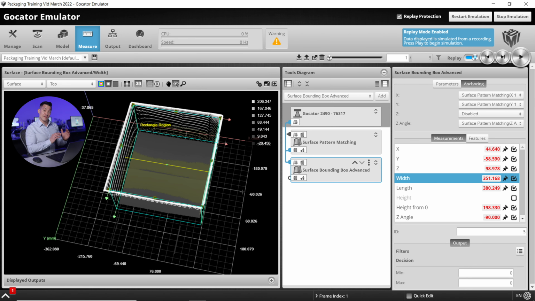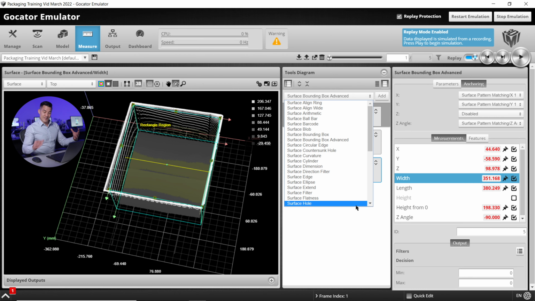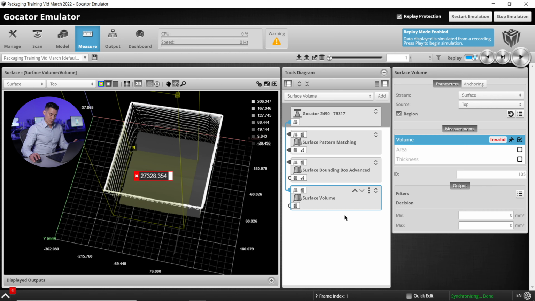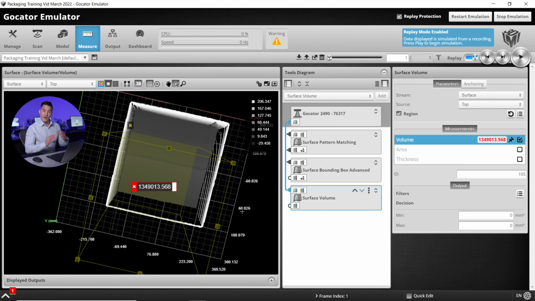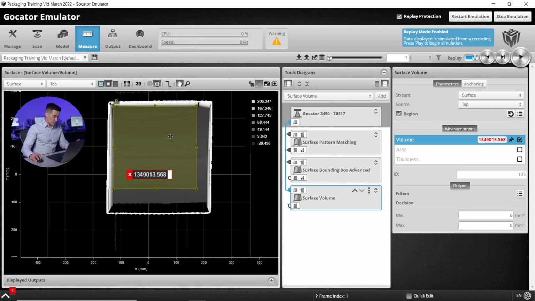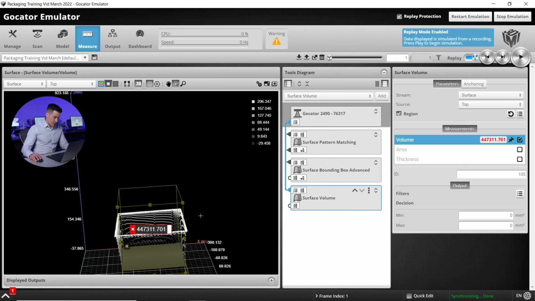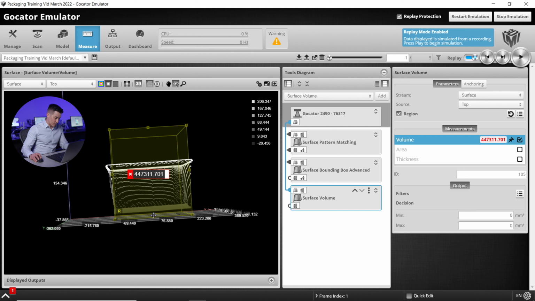The next step is we will add the surface volume tool. This one is going to measure in real time the volume of what's inside. So just add the surface volume tool, and same thing, we'll go back to frame 1. We want to anchor this down. We'll use our golden part. So I'm just going to put it inside, and this is where, again, I'm just using the top-down view. I want to just get the inside volume here. And I'm also going to leave it a little bit tall because I know that on frame number 5, we have jammed this thing right full, and we want to be able to measure and capture that.